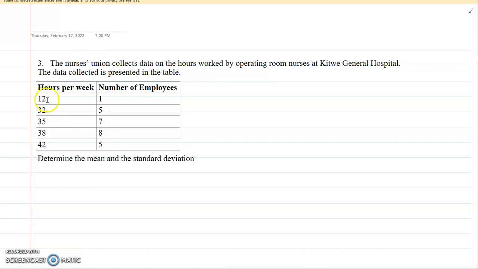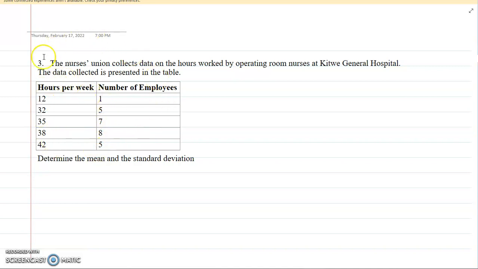So for those that work 12 hours in a week, we only had 1 employee. For those that worked 32 hours in a week, we had 5 employees. For those that worked 35 hours in a week, we had 7 employees. Those that worked 38 hours, we had 8 employees. And those that worked 42 hours, we had 5 employees. So now,